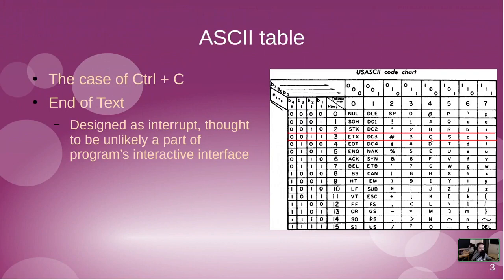So why it's Control C and for example not Control B or Control X, which is closer to the human hand itself, is because it's just the number 3, which corresponds to ABC. This is C, end of text. It was designed as an interrupt, to be unlikely to be a part of a program's interactive interface. So it wasn't designed to be used as a Control C copy-paste type thing, which came in the later generation, like 10 years ahead